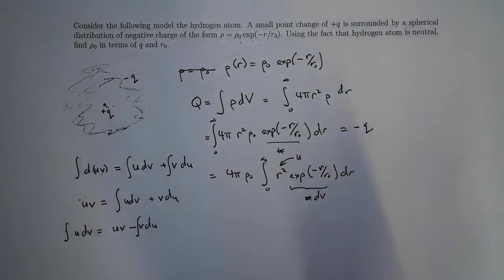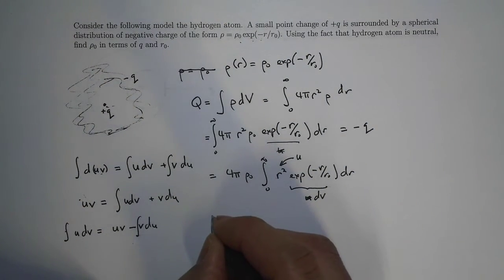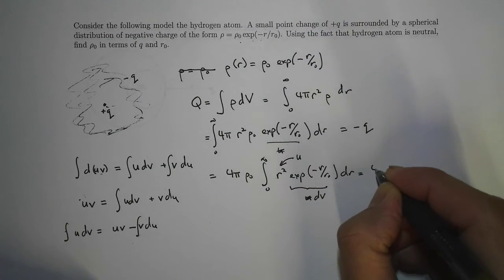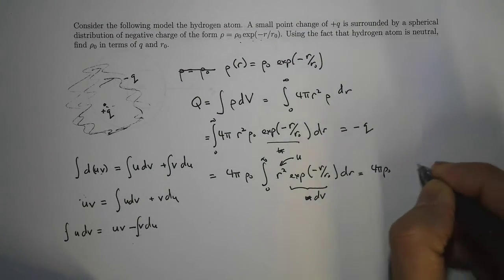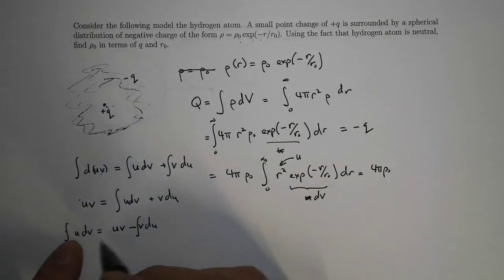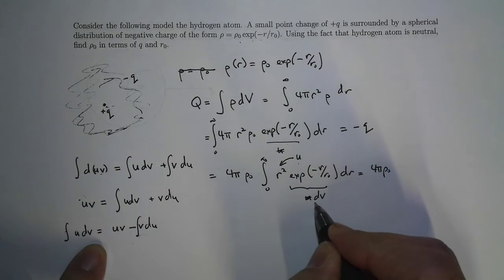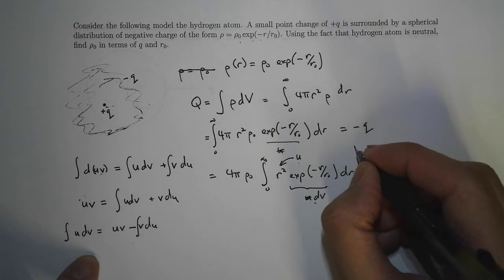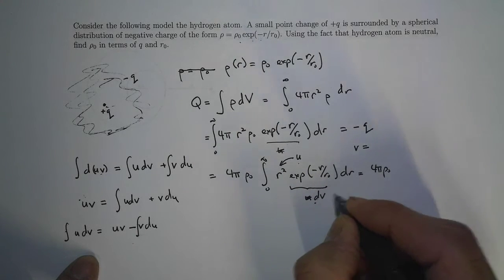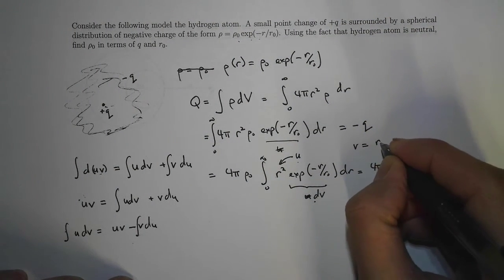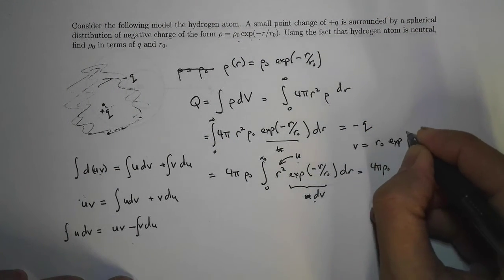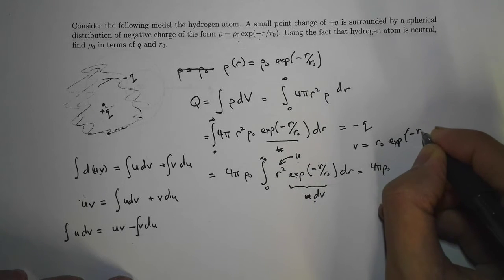So that's why you want to do this. All right, so let's just do one step and we'll look at what we get. So this is going to be equal to 4 pi rho 0. Now this is u, this is v. So that means, if that's dv, v is equal to r0 exponent minus r over